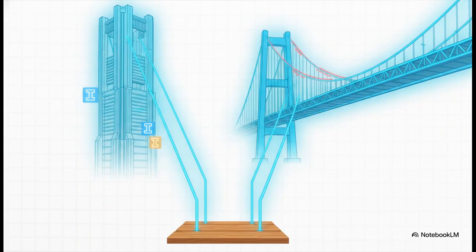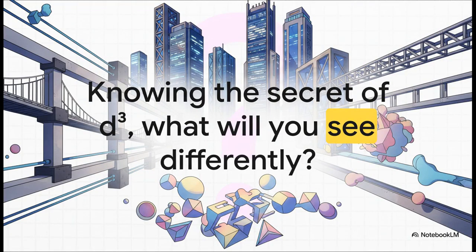And there you have it. We've come full circle, from the internal tug-of-war between stress and strain to the battle of tension versus compression and that geometric magic of the moment of inertia. These exact same ideas, just scaled up, are what allow us to build the incredible skyscrapers that define our cities. So, next time you're out and about, crossing a bridge, or just looking up at an office building, you'll be in on the secret. You won't just see steel and concrete, you'll see a hidden battle against tension and compression. A structure perfectly optimized by the unbelievable power of its shape. Now that you know the secret of the D-cubed, what are you going to see differently?